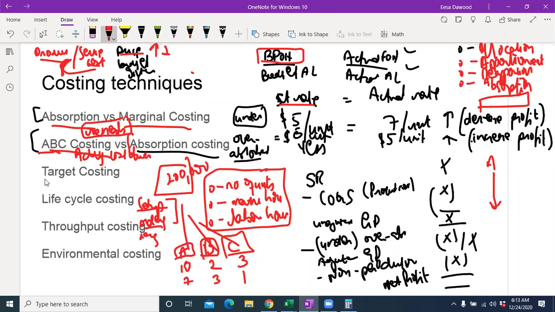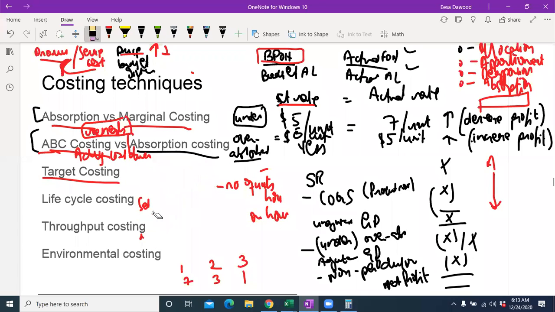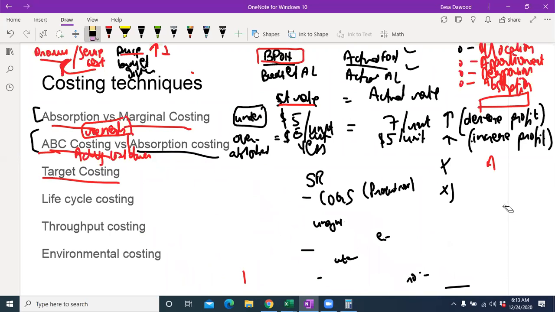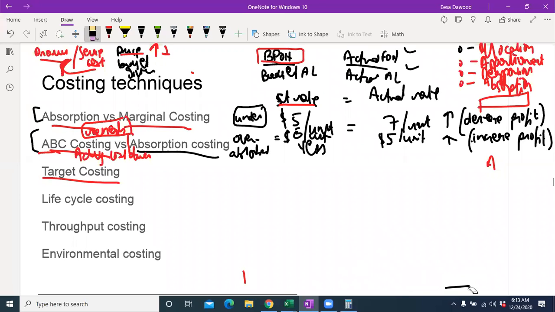Okay. And another technique we're going to study, which is a market-based pricing technique, is known as target costing. So target costing, we need to study. Earlier, what we used to do, we used to calculate our cost, add a profit, and then sell the product into the market. But now there's a lot of competition in the market, and even if we are launching a new product, we need to do the market analysis. We need to know the customer requirements, what to produce, at what cost we need to produce. And what would be a market price for that, we would automatically know with the help of market research